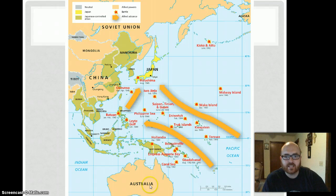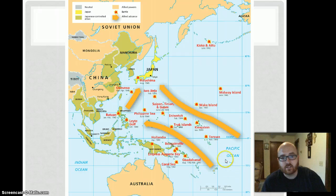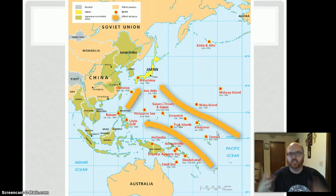The United States is going to go from island to island. You see all these major battles on all these islands in the Pacific. The United States is going to work their way to the island of Japan. That's their goal, to go to Japan and invade Japan. And so they're going to work their way from island to island, taking strategic